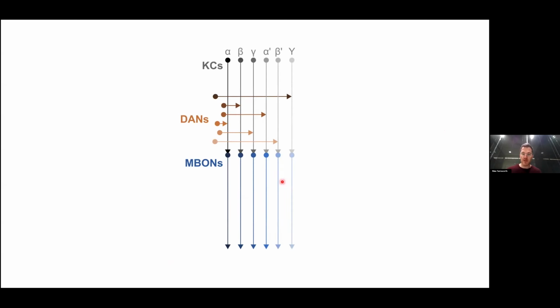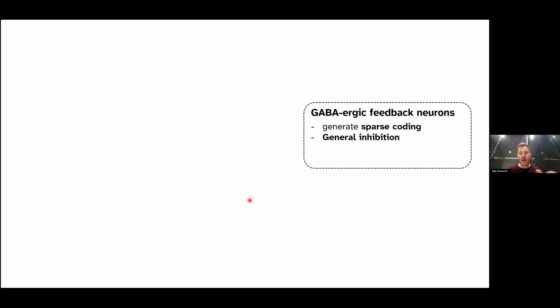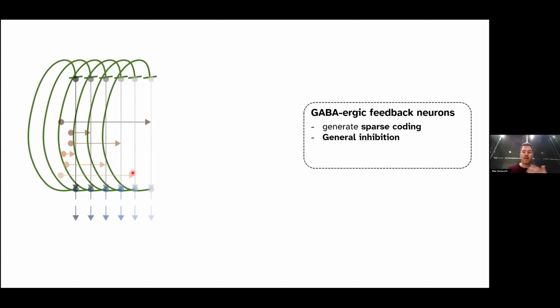And I want to quickly also illustrate some of these other cell types in the mushroom bodies that I've looked at. And this example are the GABAergic feedback neurons. Now, feedback neurons are neurons that produce a feedback signaling, right? So we have these modified signals from the Kenyon cells, and those get fed back to the Kenyon cells themselves and inhibit them. So basically, we have a global inhibition that results in only having the most important information being projected to other cell types and projected outside of the mushroom bodies. So it's very important as a selection mechanism, what's most important, or called sparse coding.